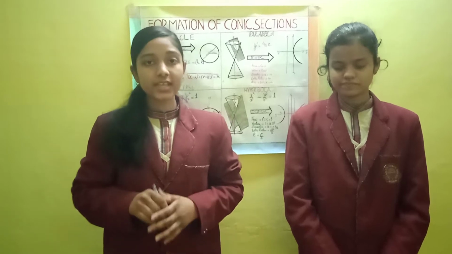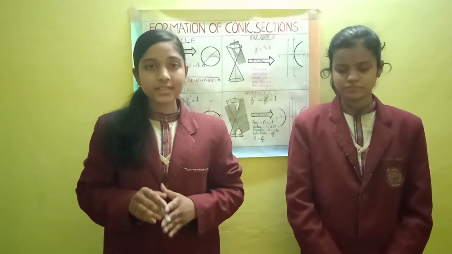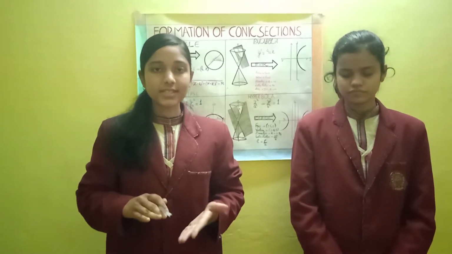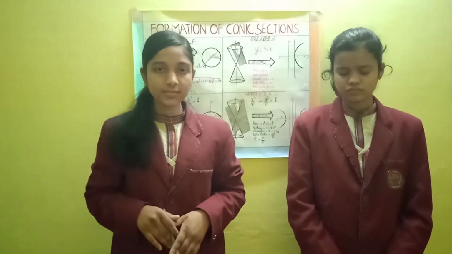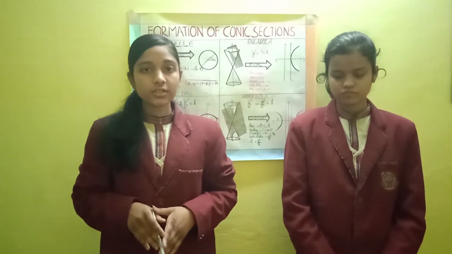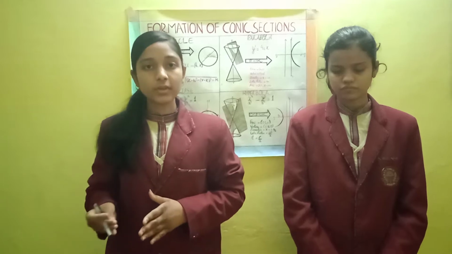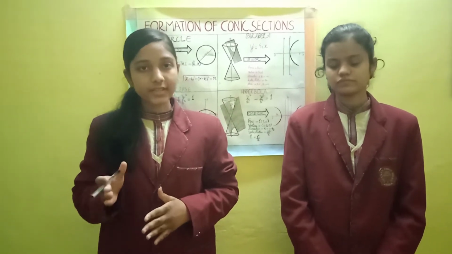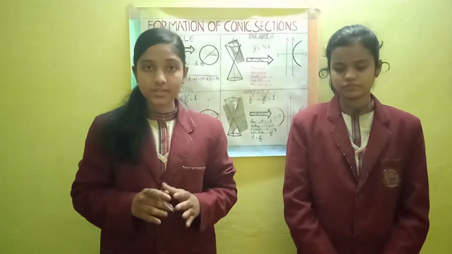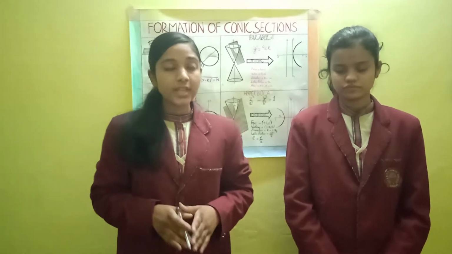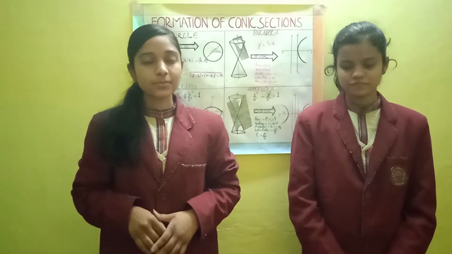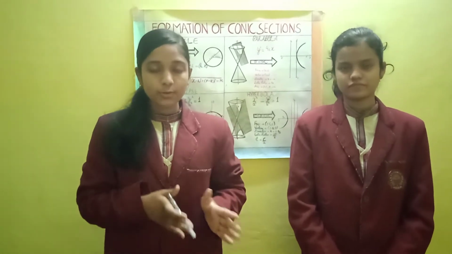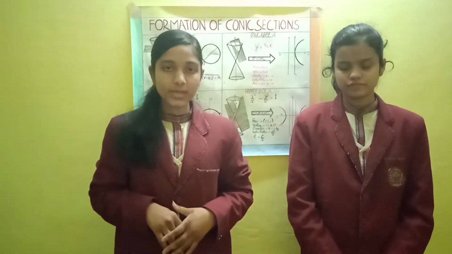Now, as we are talking about conic sections, these sections are formed when a plane intersects a cone. Depending upon the position of the plane with respect to the cone and its angle with the vertical axis of the cone, that is beta, different types of conic sections are formed. As introduced by my friend Aisha, there are four different types of conic sections. Let's have a look one by one.